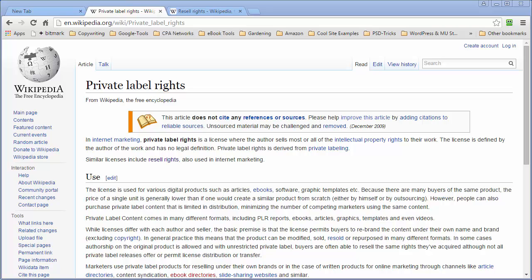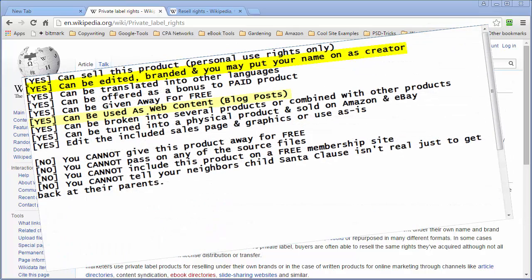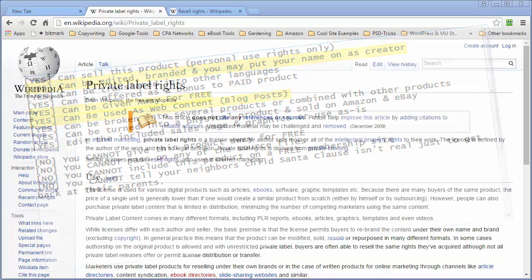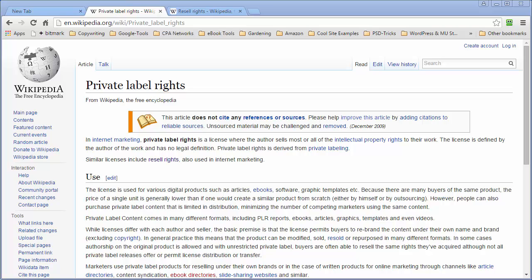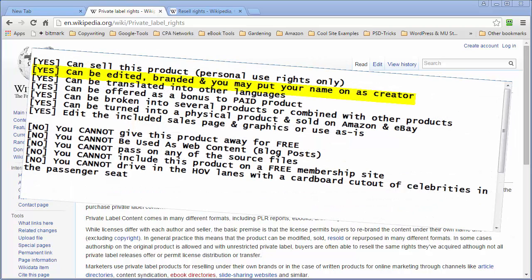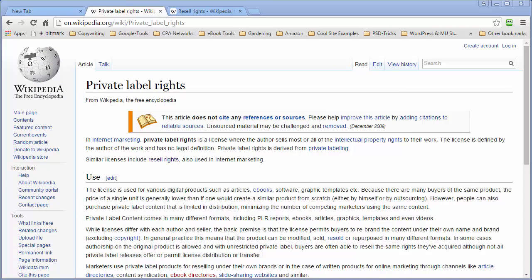And it's worth mentioning that one particular product creator might even have a different PLR license for different products that they create. For example, they might create an ebook on a generic topic that the PLR license they have governing it allows for editing, rebranding, using it as blog posts, for example, and even giving it away to build their email subscriber list. And yet another ebook that same creator created on a more specialized topic, the PLR license they have governing it, is very restrictive in that you can edit and rebrand it, but you cannot give it away or use it as blog posts, among other restrictions. So again, it's important that you, as a buyer of PLR products, be sure and review the PLR license prior